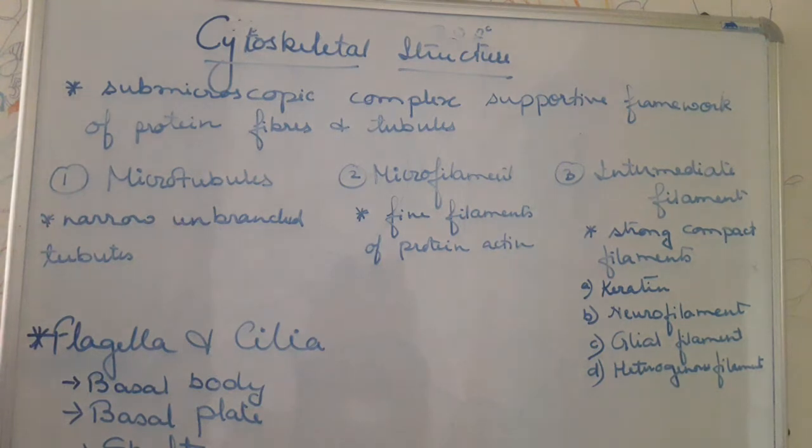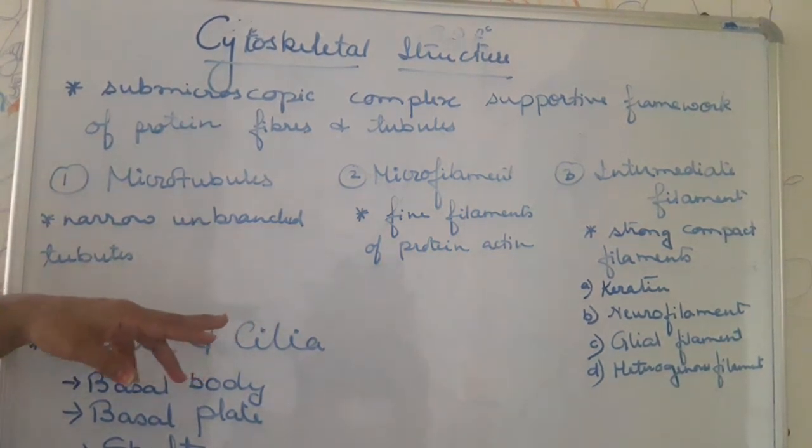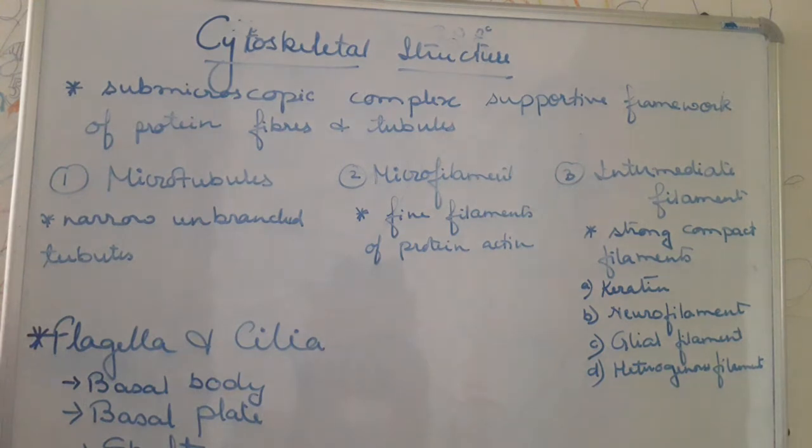Now next we come to the microfilaments. The microfilaments are extremely fine filaments of protein actin. Now actin we know where it is present. This is present in muscles, okay, which are not only component of muscle fibers but also it is present in the non-muscular eukaryotic cells. Now they are made up of actin constituting of about 10 to 15% of the total cell protein. Their thickness varies from about 6 to 8 nanometer. Then these are associated to form the hexagonal bundles. And for functioning of actin microfilaments, myosin and related proteins of the muscle are present along with these filaments.